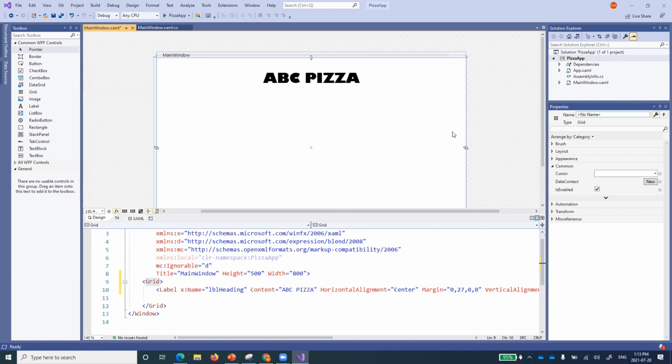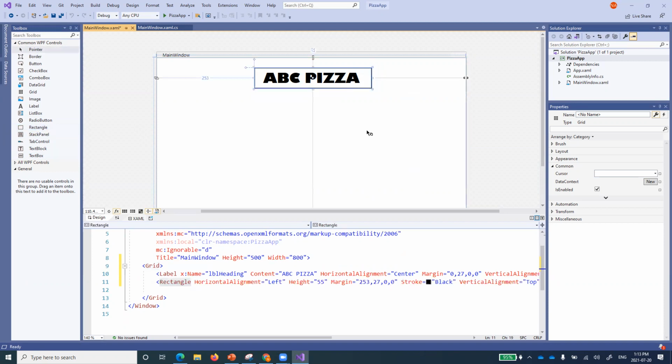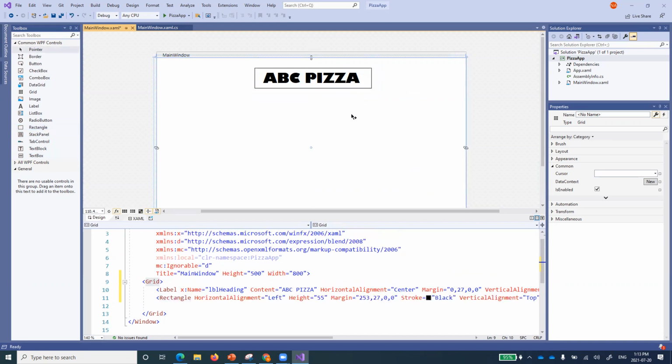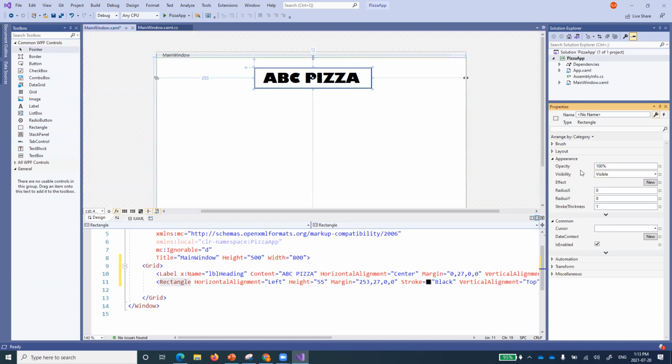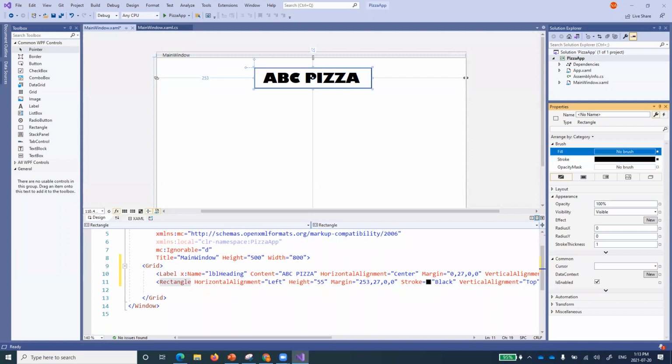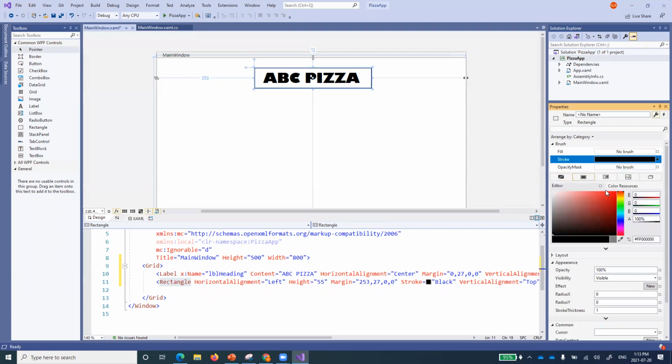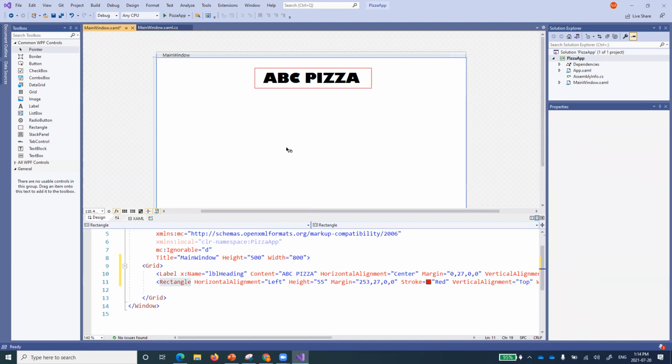Let's do a few things. Now let's try to make a few more things around that. For example, select a rectangle, and we can draw a rectangle just to show it a bit more. Right? So you can change the rectangle's appearance. If you see here, its opacity is over there, and then there is the brush, the color. If you want the stroke color to be changed, you can do that. For example, I want the red color for the stroke. Right? So you see that we have just created one label for ourselves.